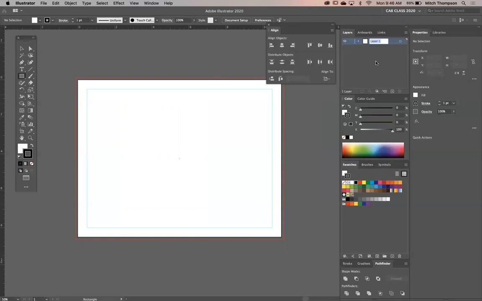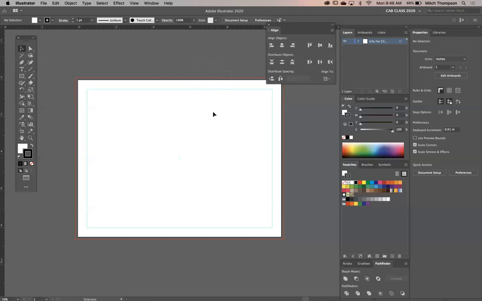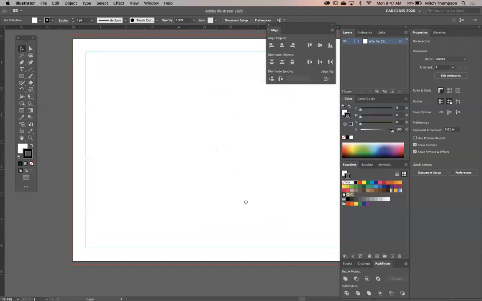And let's call out layer 1 as our, what do I want to call this? Maybe details? Well, we said details before. We called this out as info. That's better. Info for template. Info for client. Hey, there you go. That's better. We always want to pose it in the form of a client. So, all right, we've got a guide. Again, it's currently unlocked, so Command Option semicolon, up by our L key. Good, locked in place. So you can't touch it now.